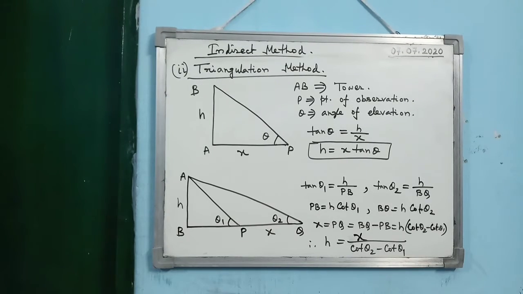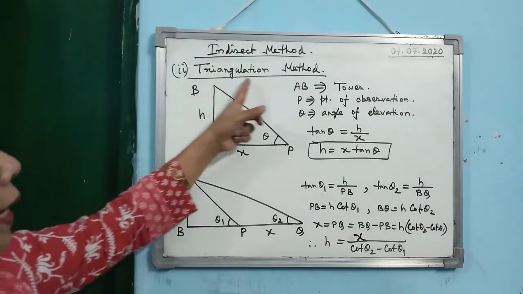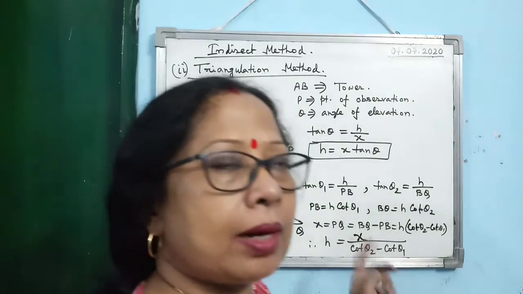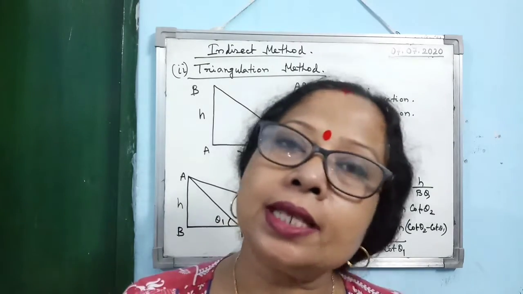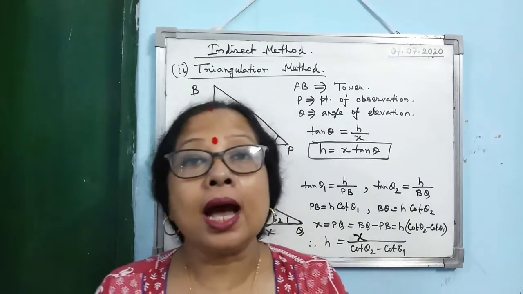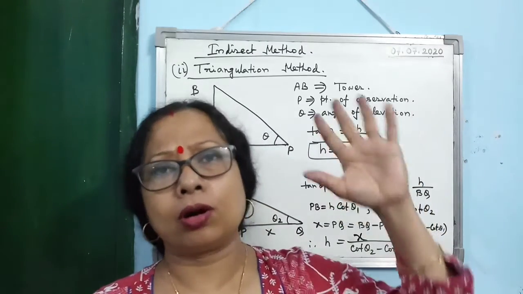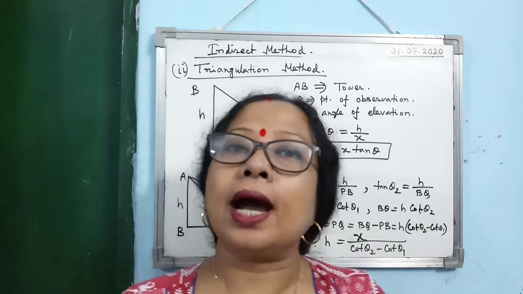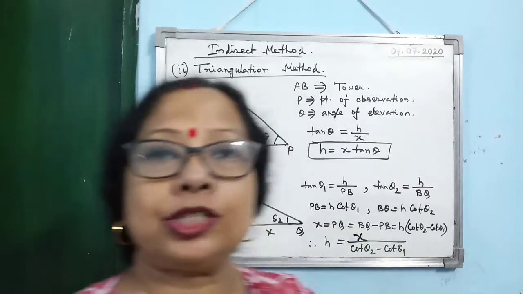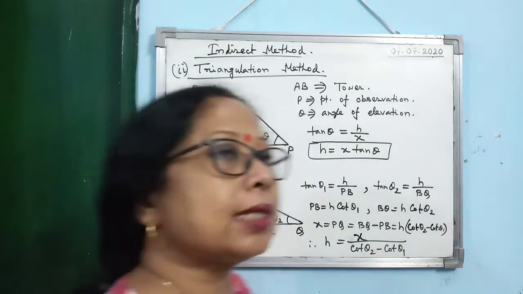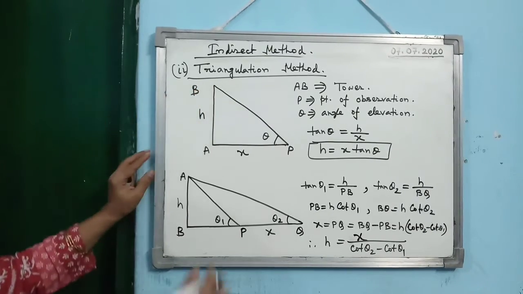Next method of measuring length, meaning bigger length, is known as the triangulation method. It means we try to form a triangle. We use this to find out the height of a tower. Suppose the tower is very long, then how to measure the height of the tower without going to the top of the tower with a scale or a measuring tape? You cannot do that. So in this case, suppose AB is the height of the tower, AB is the tower.